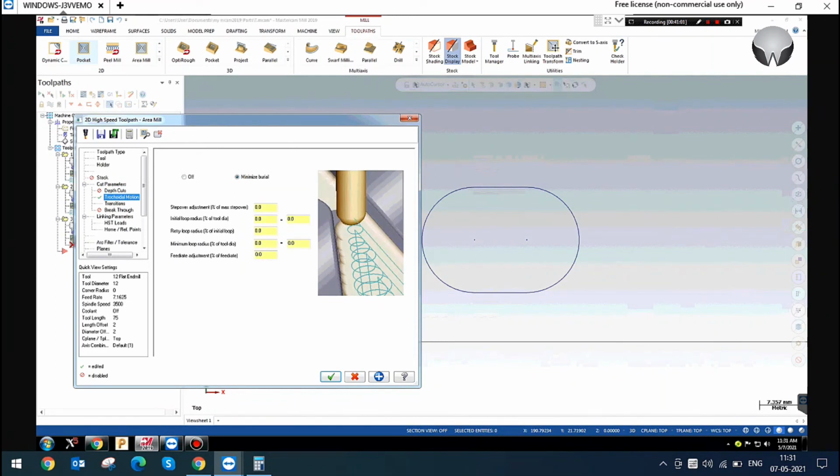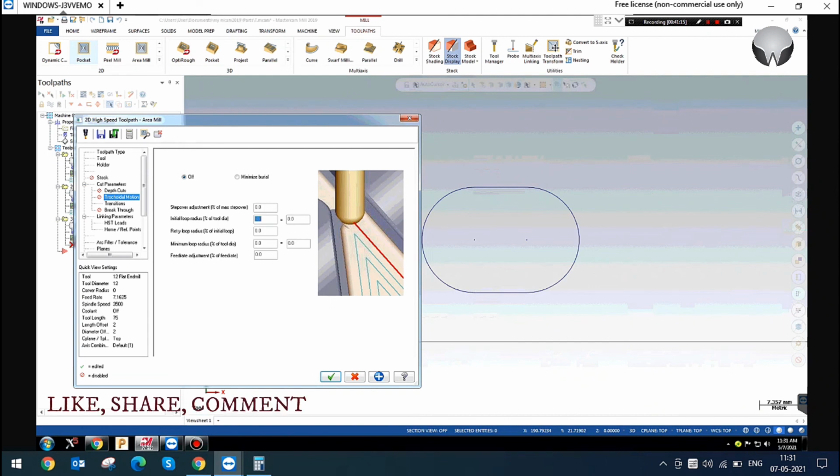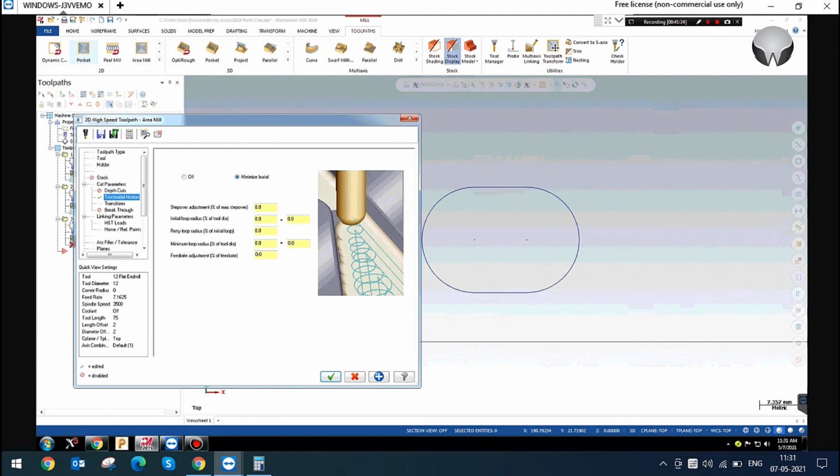This is a congested area, right? For tool moving, if your tool moves with this off, you can see the tool path will go with this type. In this case, the burrs will be placed at this area. Our tool will not go to the depth and take the effective cut.